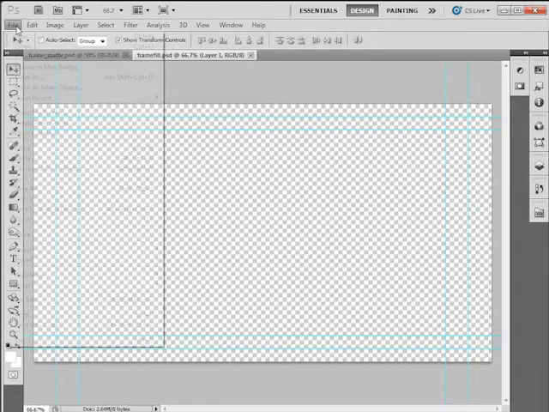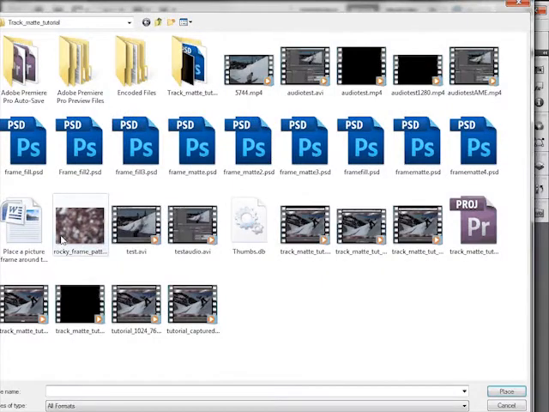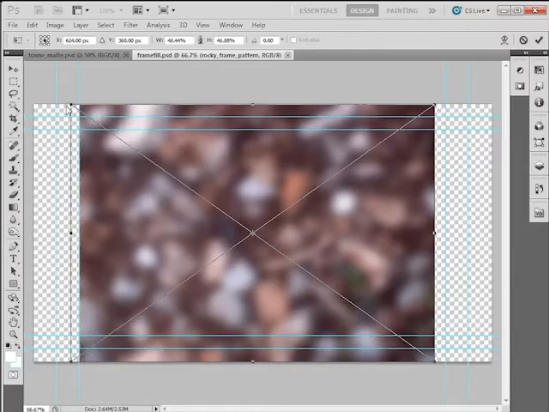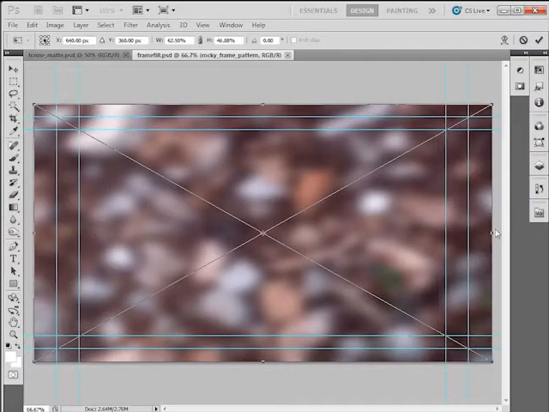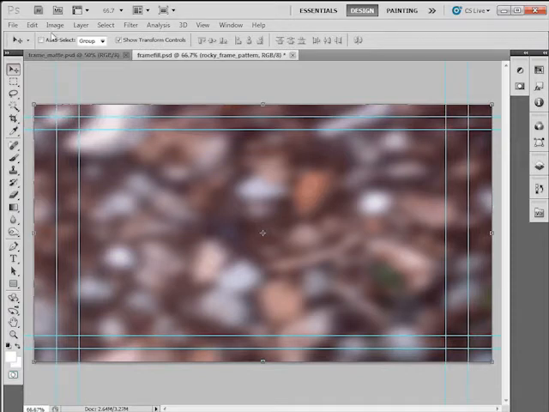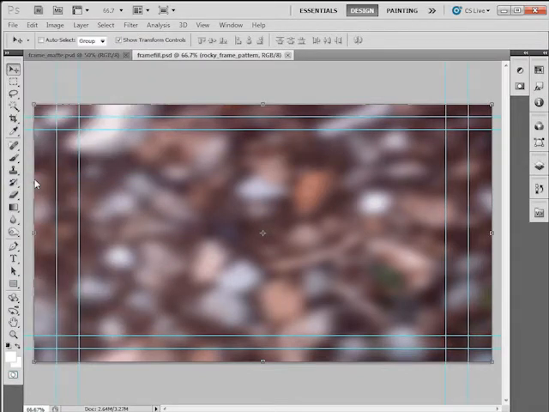Select File, Place, and find a file that we'd like to use to fill our frame. I'm using Rocky Frame Pattern. Click Place. Now rescale or resize that image to fill the entire canvas. This will assure that this image will fill the whole frame when we're back in Premiere. Press Enter on Windows or Return on Macintosh, select File, Save, and toggle back to Premiere Pro with Alt-Tab on